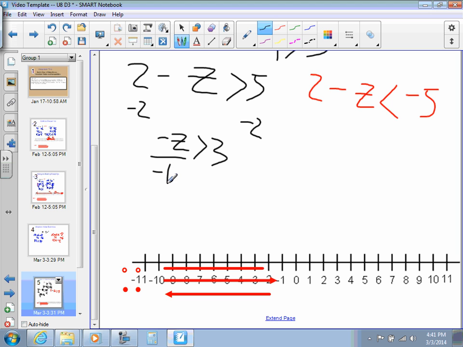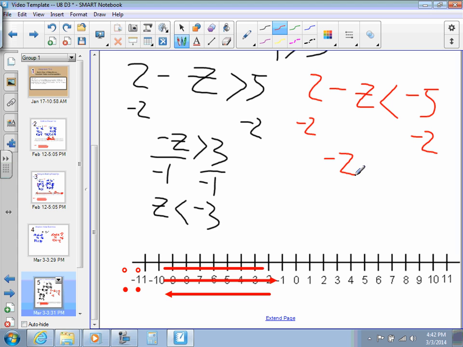Divide both sides by negative 1. And I will have z is less than negative 3. Over on the other side, I will again subtract 2 from both sides of the inequality, giving me